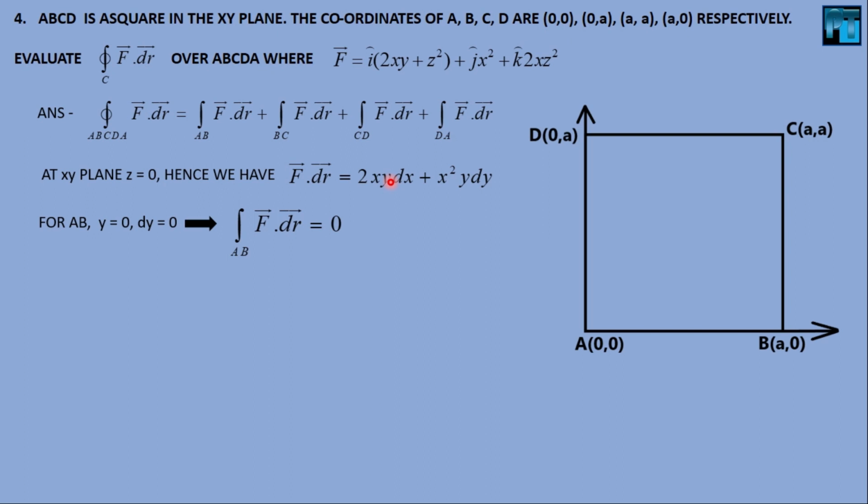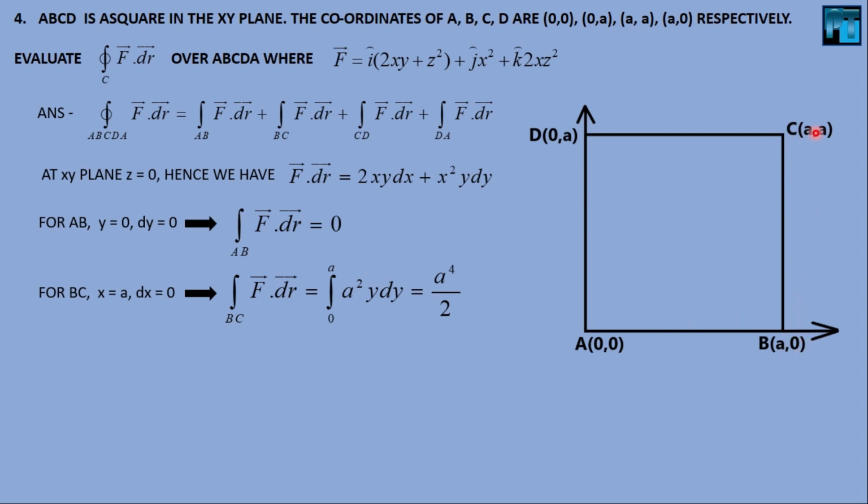Then this one is 0, this one is 0, so the whole f dot dr equals 0. So for AB, though x varies from 0 to a, we have this integral 0. Now for BC,